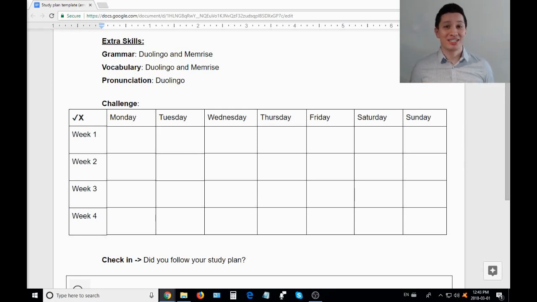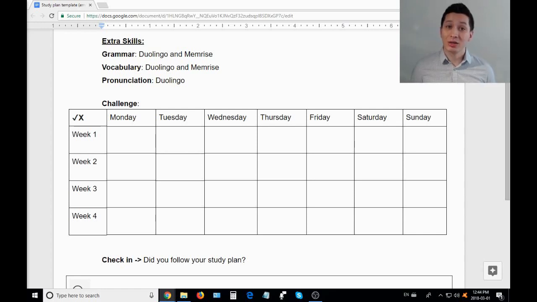Now, once we have our activities, that's only half the plan, so don't stop here, otherwise you'll only have a 50% chance of succeeding. The next thing we need to do is put it on a schedule. If you were to pay for English classes, they would make you come to class at a certain time. There's a reason why schools don't just say, oh, come to class whenever you want. We need to have a schedule. So the trick here is to make sure you're practicing each skill at least once a week. And if this is your first time making a study plan, I want you to aim for just once a week.